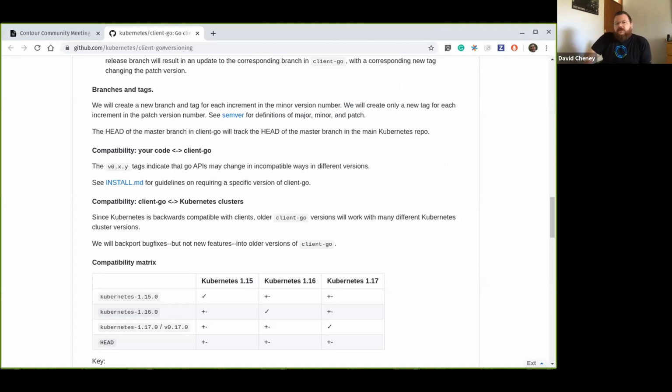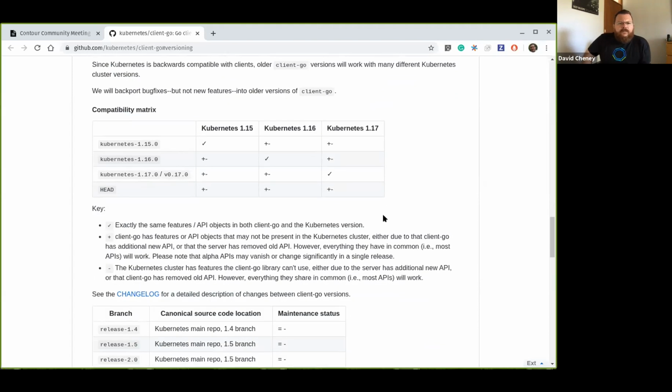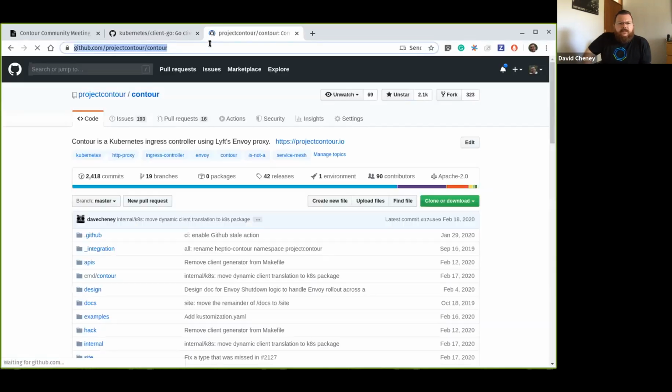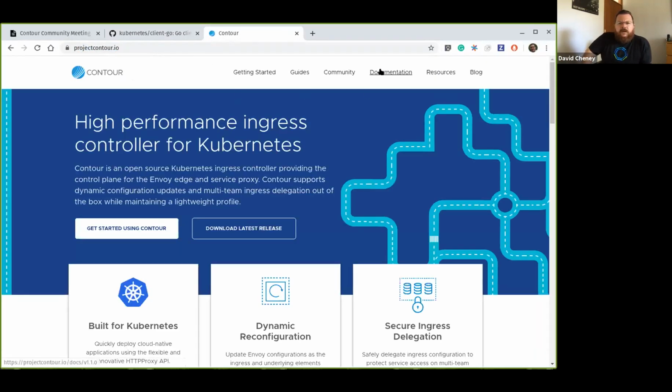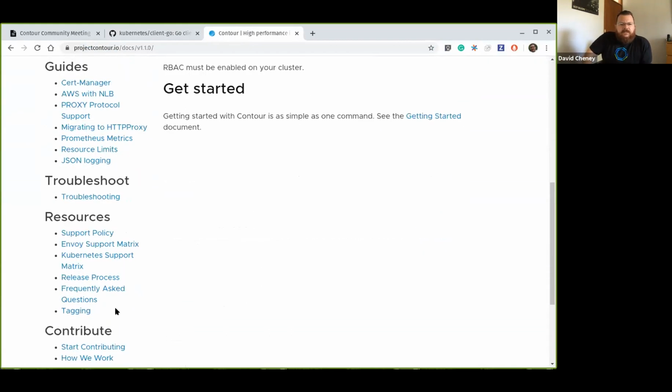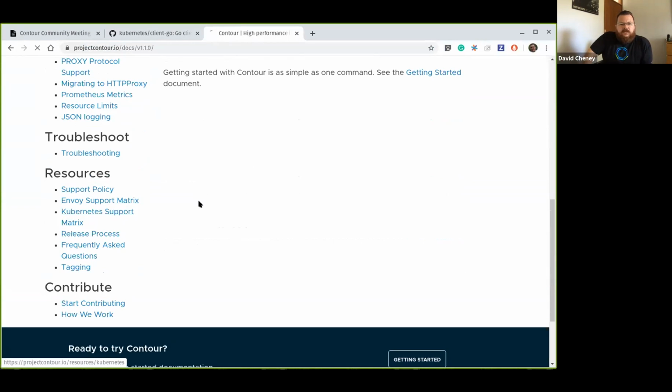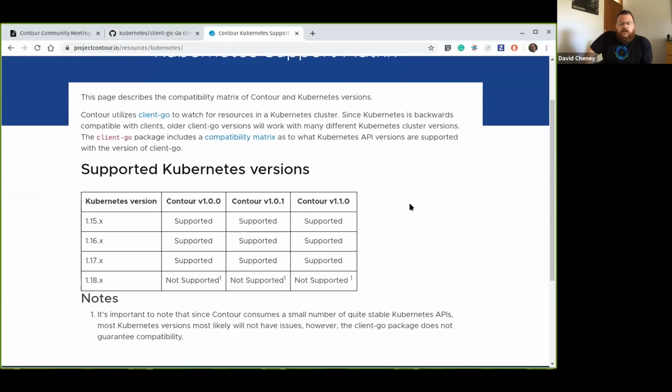But technically, because the Kubernetes client only really supports the versions of Kubernetes that are supported, effectively we have moved the Kubernetes support window. Can someone go to the Project Contour website and our Kubernetes support page? It's under, yep. Nope, the other one. Yep. And yep, docs, and then down on the left-hand side. So we have the Kubernetes support matrix. What we want to do in the future is at least give you some idea of what Kubernetes versions are supported by Contour. This is a two-dimensional problem, because as Contour moves forward in time and Kubernetes moves forward in time as well, there are versions of Kubernetes that aren't supported.